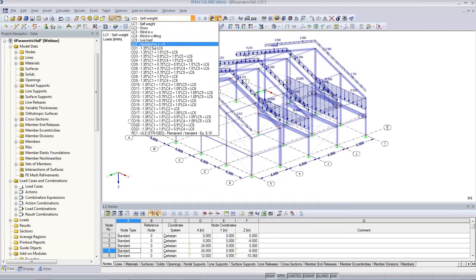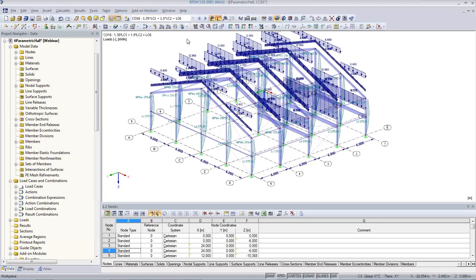I have 5, 6 load cases, also including imperfections like drift and camber. And I'll run the combination 16, which is self-weight, snow, and an imperfection, and I run the analysis. When I do this,